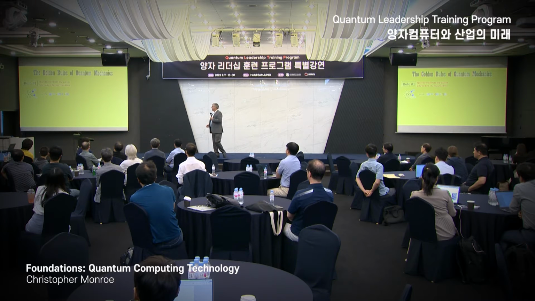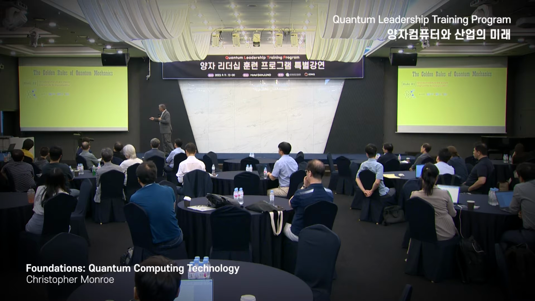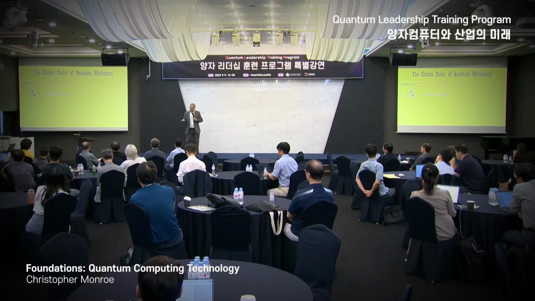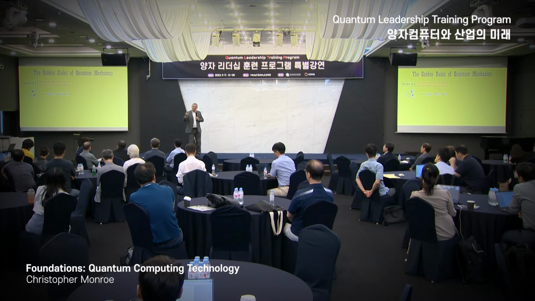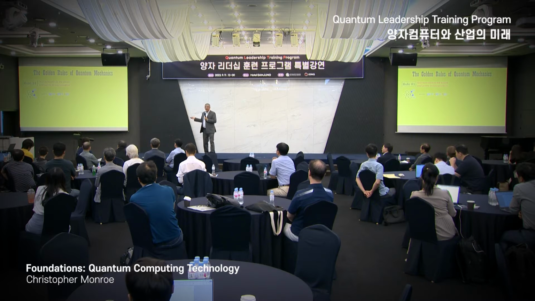Okay, what about rule number 2? Well, there's rule number 1, and the problem with rule number 1 is that we never experience things in two states at the same time. What does that mean? I mean, this remote control can be in two places at the same time, I guess, if it's a qubit. So there's a problem with that. We have to reconcile it with our everyday world, and this is why we have to make rule number 2, unfortunately. And to me, rule number 2 is the weird one. Rule number 1, it might have some math, but there's nothing really strange there. It's rule number 2 that's strange.